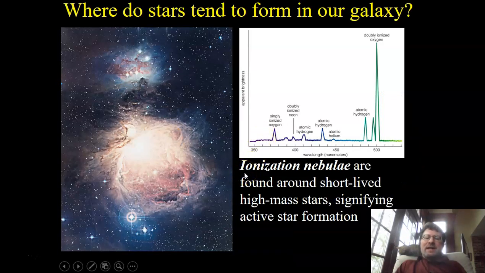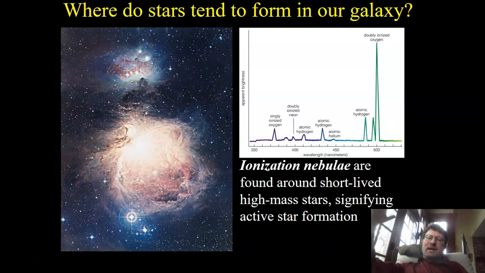So stars in our galaxy tend to form in these nebulae that I've been talking about. And we'll talk now about the different kinds of nebulae, starting with ionization nebula. An ionization nebula is a short-lived nebula around high-mass stars. What's going on there is some stars have just newly formed in this gas cloud, and they are shining light in and throughout the surrounding gas cloud,